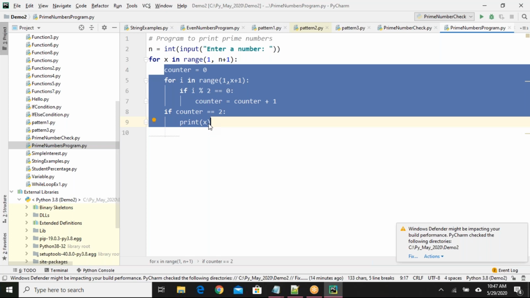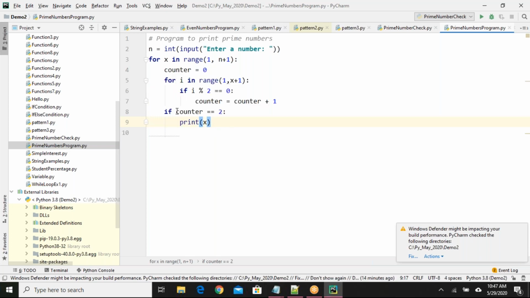Ganesh, where I have taken 2 in the if condition, this if condition we discussed yesterday, right? The counter value will become 2 if it has 2 factors. From 1 to x we will be checking, and if it is divisible, we increment the counter.